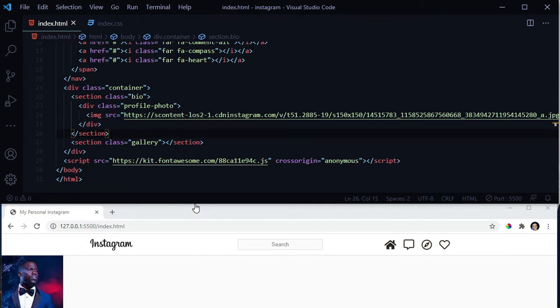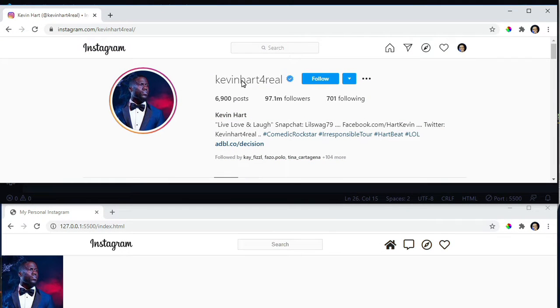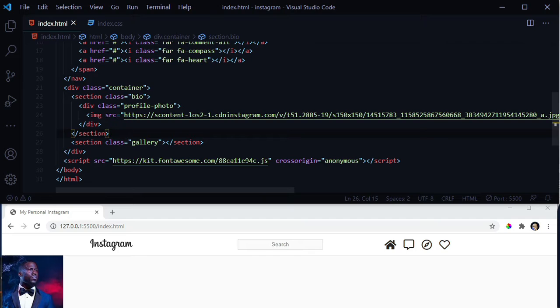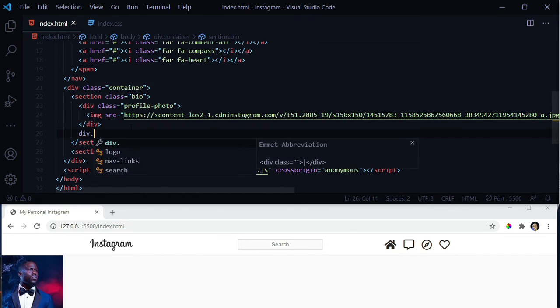What do we need next? We need the username. We're going to use CSS grid for this. These are two columns. So the first column is the profile photo, and then the next column is the profile info. Right, so what we have here is the first div now. So this bio section is going to be a CSS grid. We'll give it a CSS grid display. Now the first div is the first column for profile photo. Let's have another div for profile info,